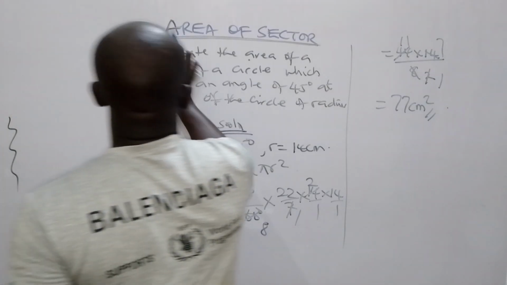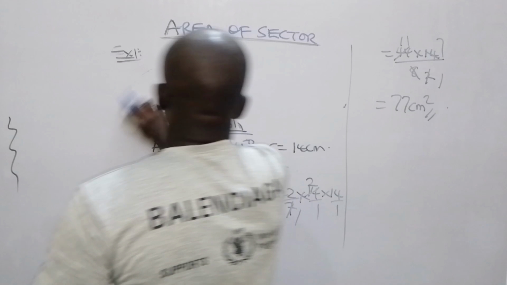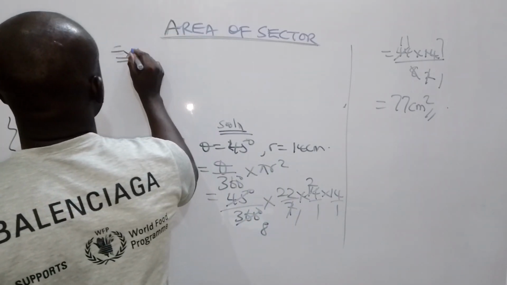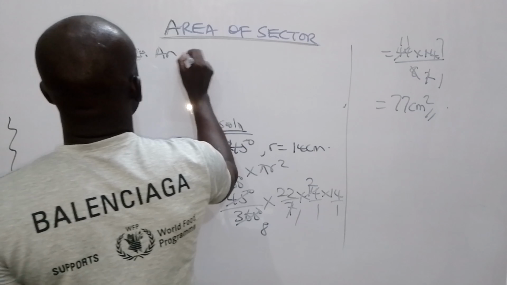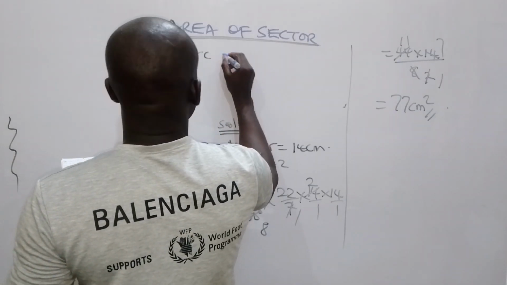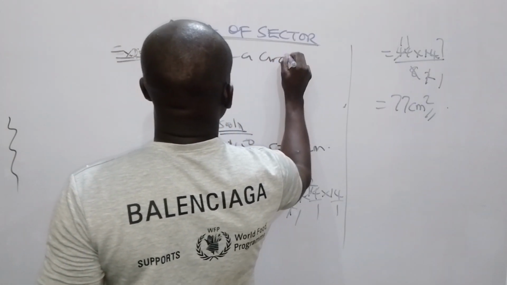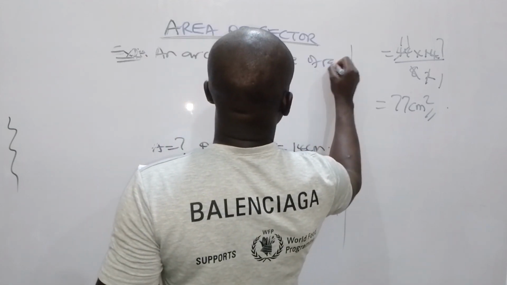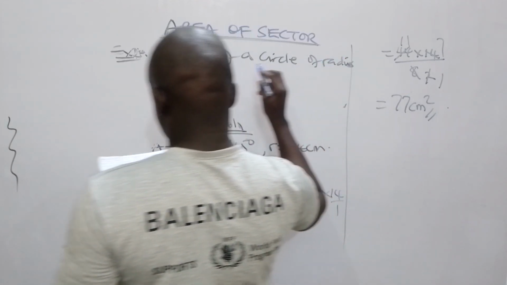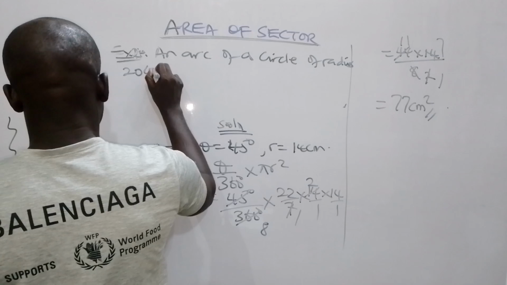So let's take another example under area of sector. Let's take another example, example 2. There we have an arc of a circle of radius 20 centimeters